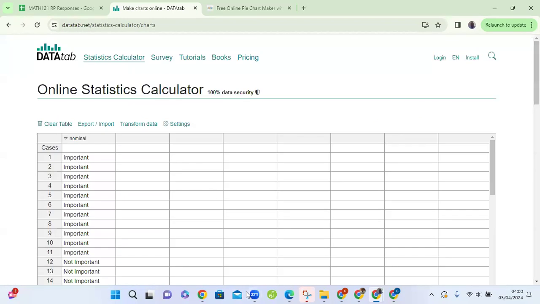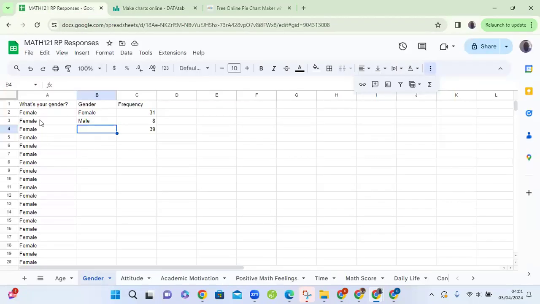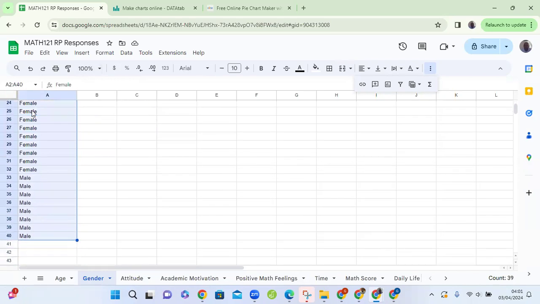Okay, for the pie chart, let's do the pie chart first. You can simply copy the raw data itself, bypass the construction of the frequency distribution,